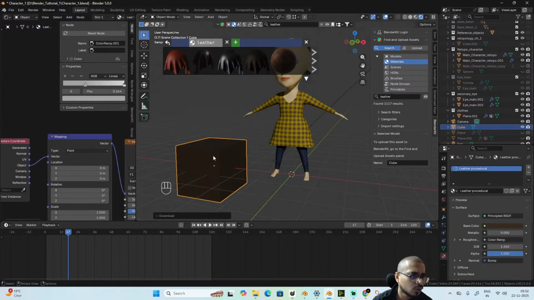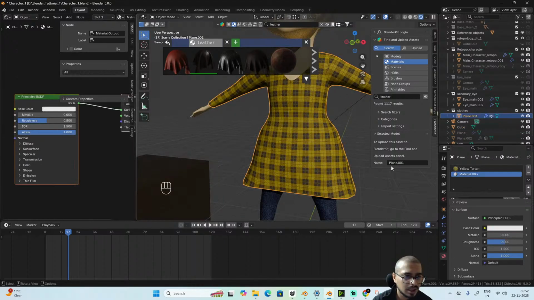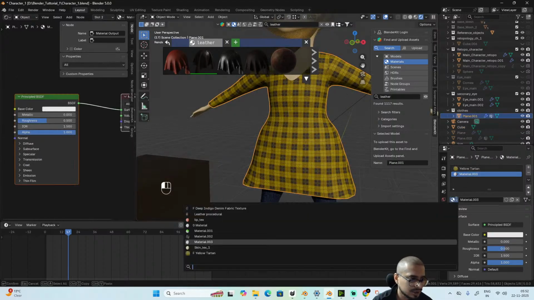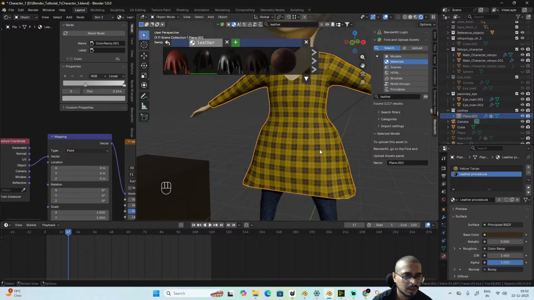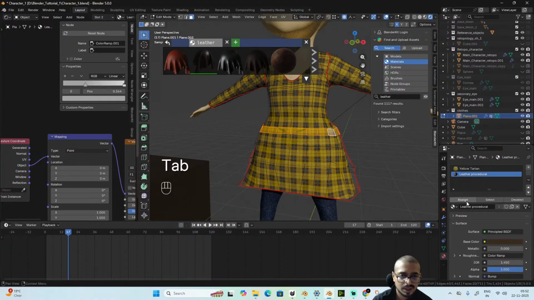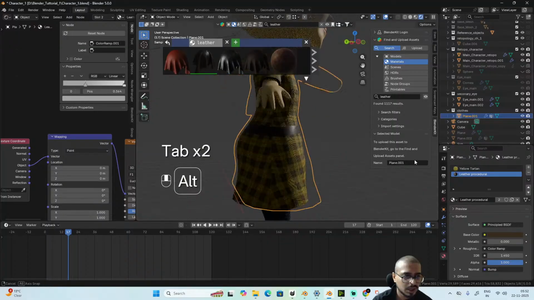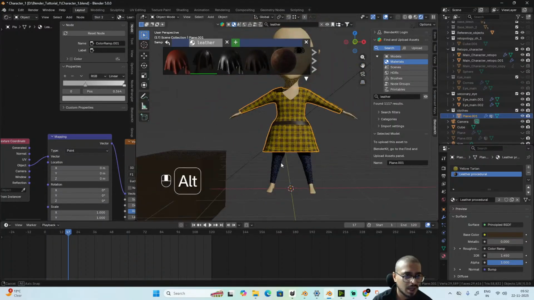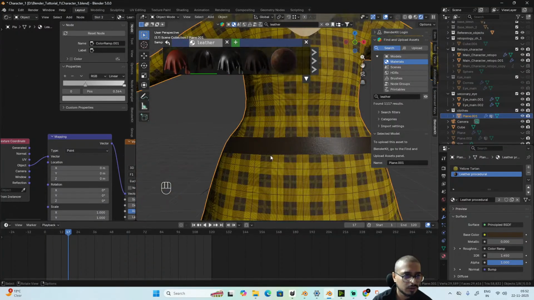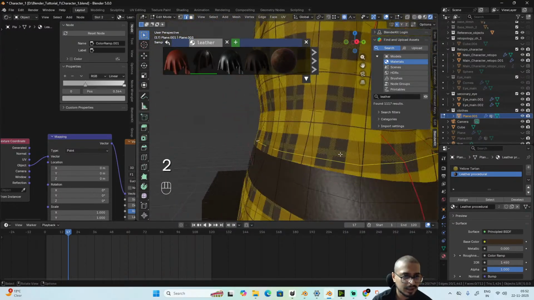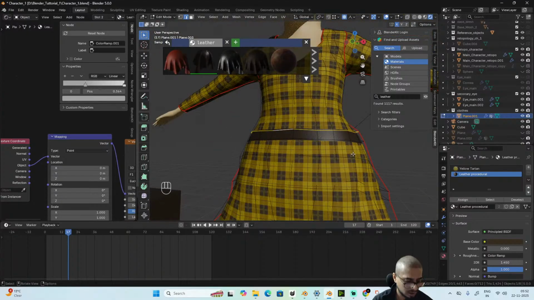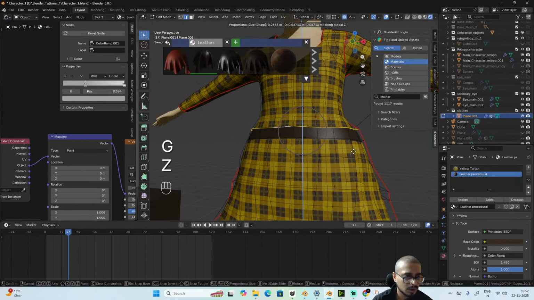We'll add this to the cube so that we get a leather procedural material, and we'll come here and change the material 003 to leather procedural. Let's see if it works. Okay, it wasn't assigned. We need to assign it as well so that it works. Okay, now you can see we have added a belt kind of space over here. What I can do is select the edge loop all around